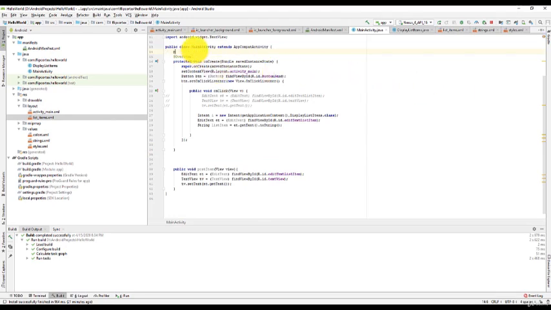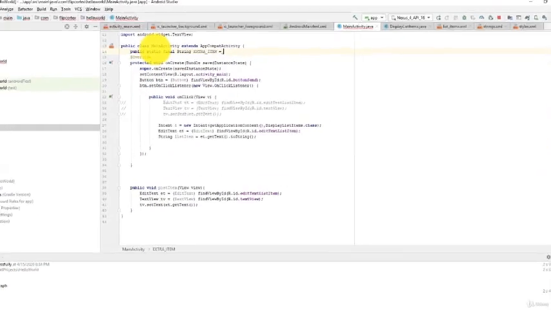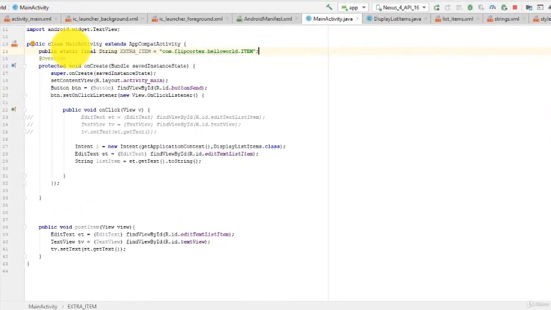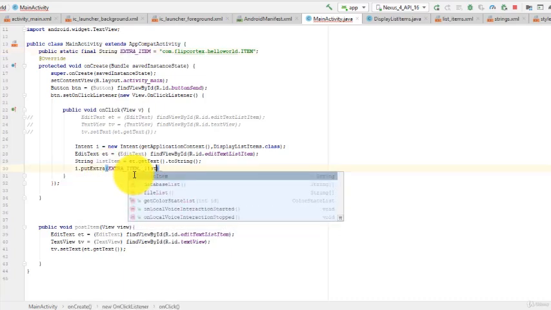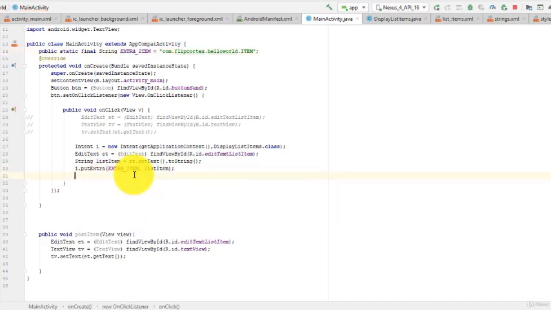To do this, we define a variable with the ID of the item to pass. We define it as public in order to access it from the other class. Then we just put the value. So putExtra uses a sort of key-value pair: you pass the key, then the value. Once this is done, we just start the activity by running startActivity.